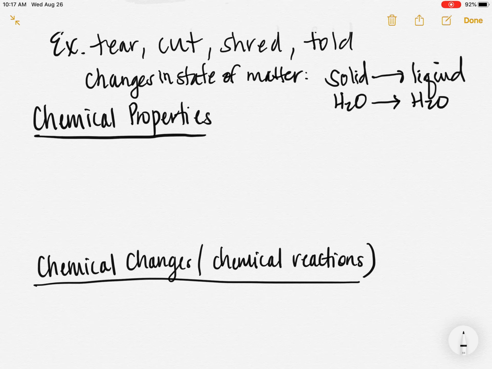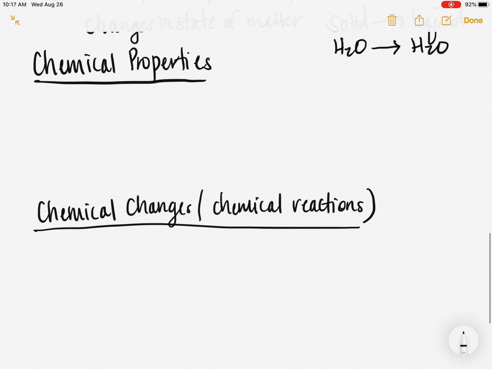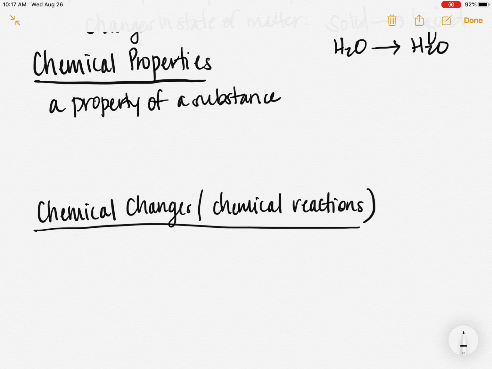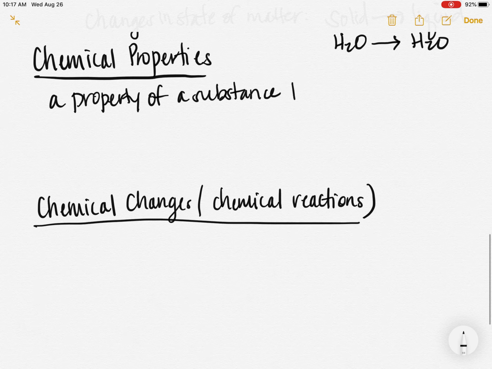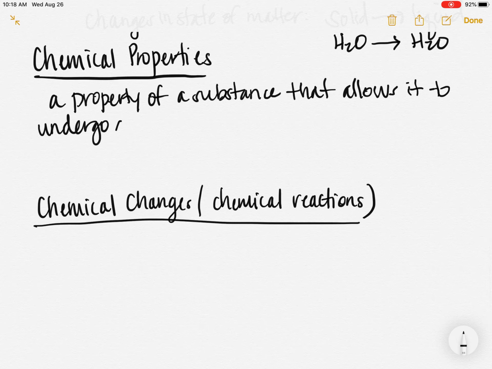Okay, and then the last thing we're going to talk about are chemical properties and chemical changes. So this is a little bit different. A chemical property is a property of a substance that allows it to undergo a chemical change. This is kind of a weird definition because I'm kind of using the chemical change in the chemical properties. So anyway,